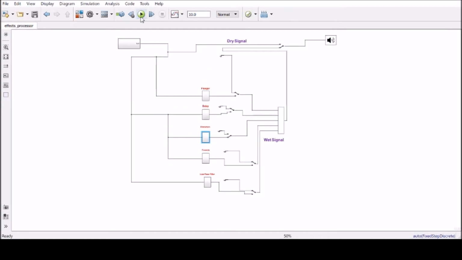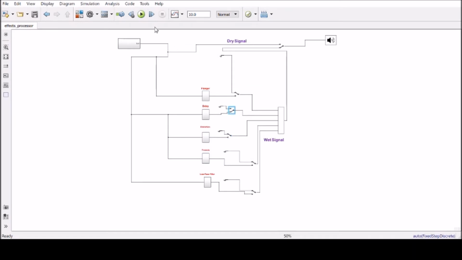Now, I'll show you the difference in sound. So yeah, doesn't sound great distorting an acoustic guitar, but anyways,